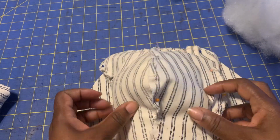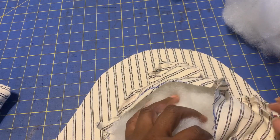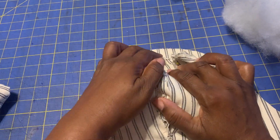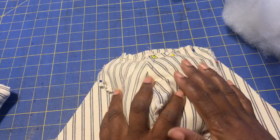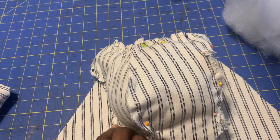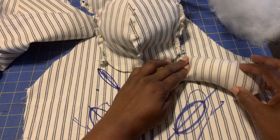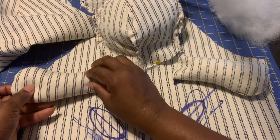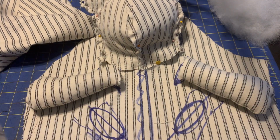Now it's time to figure out where I'm going to place these. I've cut around the edge of the back of the bear, and I'm going to attach it somewhere near the sleeve because I see in the picture it sticks up above the sleeve cap. So then it's just a matter of figuring out where the arms and the legs fit. Now, as you can see, with some trial and error, I have figured out where the arms should be. Around there, and the feet